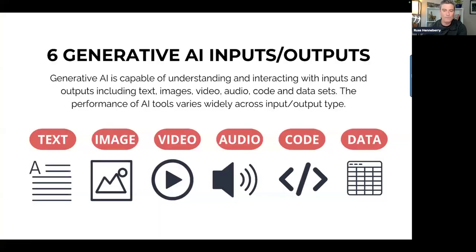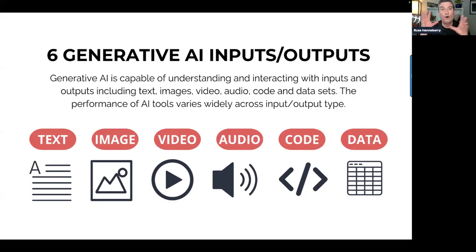So when we think about the different ways you can put information into an AI and the way that the AI can give you information back, we call those inputs and outputs. Remember, I said at the beginning of the year, if you think about it, we were really at a text in, text out chatbot situation. We had the ability to do some text in, images out, right? So DALL-E was launched, Midjourney's been around for a long time. So you could put text in and an image out. But that was kind of it, right? That was the modalities that the AI was capable of.